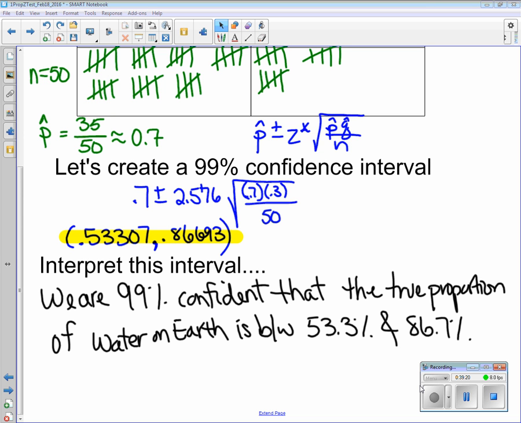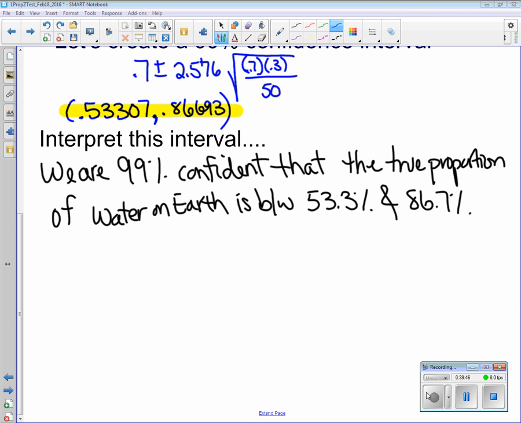Because what? It's exactly what you need to say. And that's what you were going to write. You're going to actually write a sentence to answer that question. If you're asking using a confidence interval, you are looking to see whether or not the claim is within my interval. So if the USGS claims 71% of the Earth is covered by water, according to what we just Googled, because 0.71 is contained within my interval,